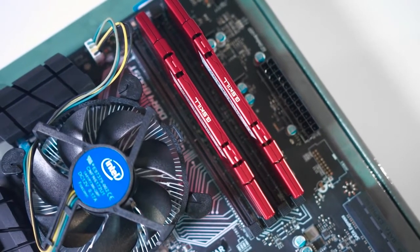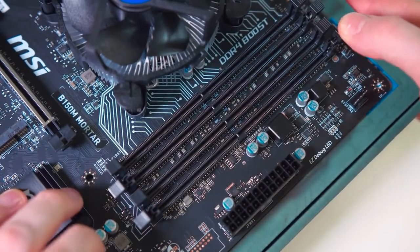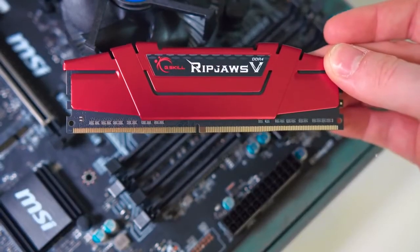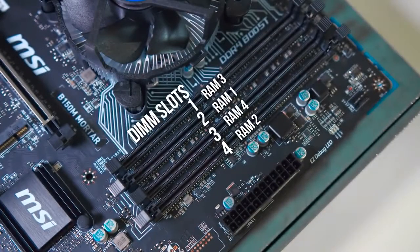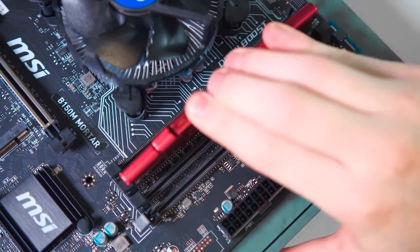Locate your DIMM slot on the motherboard and line up the notch in its respective orientation. Our motherboard has 4 DIMM slots, and depending on how much memory you have to install, the order is going to be different, so just follow the graphic I'm showing you now. We'll be using the 2nd and 4th DIMM slot, so firmly push the RAM down until you feel it lock